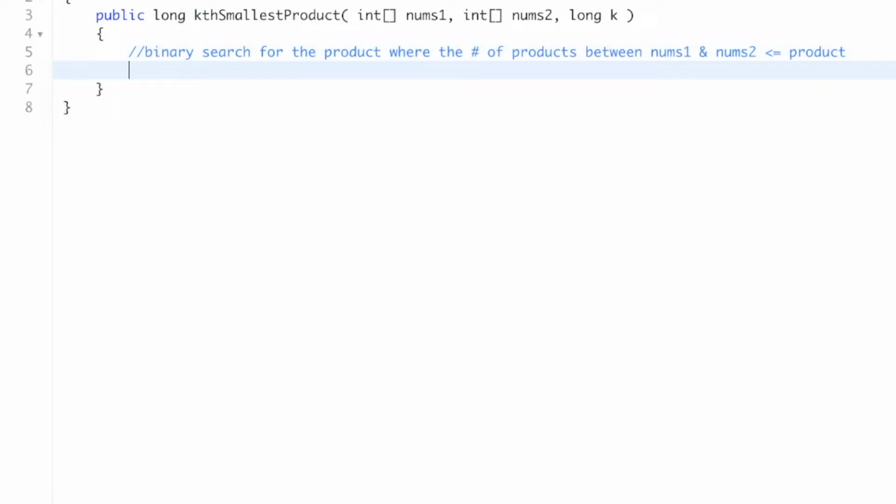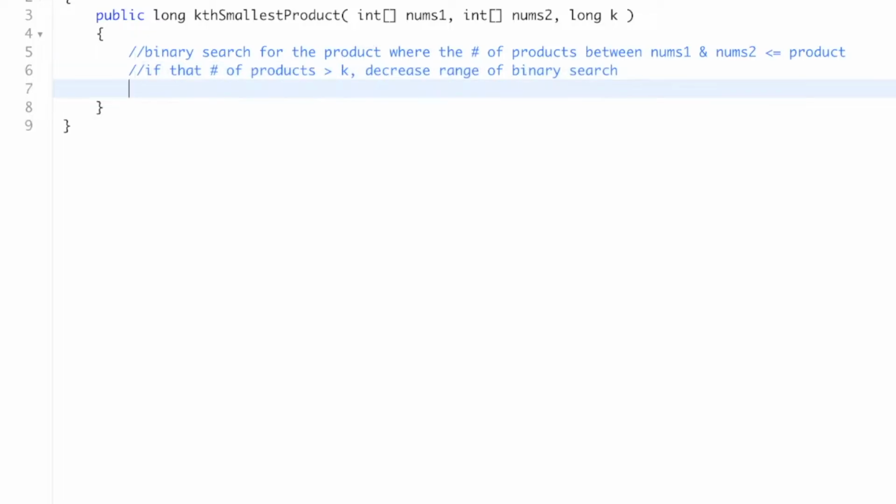And then if that number of products is greater than k, that means we have too many products. So we have to decrease the range of our binary search. If that number of products is less than or equal to k, then we want to increase the range of our binary search. And the reason we do less than or equal and not just less than here is because